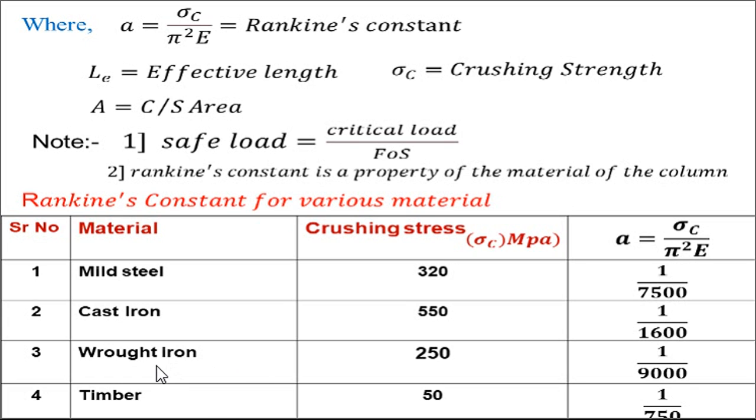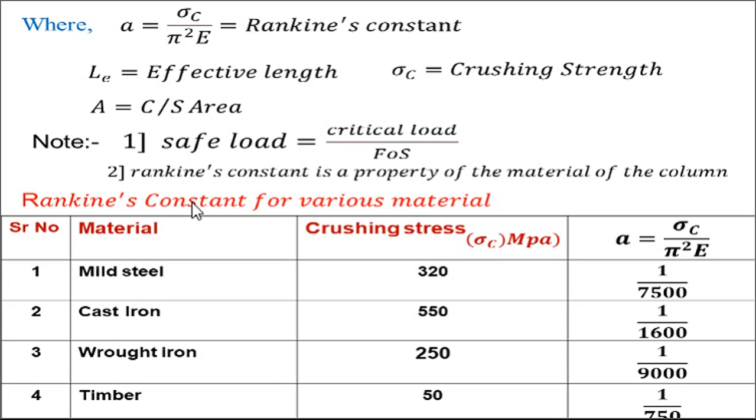And last, timber material is also used sometimes in the structures or construction. The timber material crushing stress is much lower than these other materials, whose value is 50 megapascal, and whose Rankine's constant value is 1 by 750. So these are some crushing stress values, and also Rankine's constant values for different materials which are used for civil engineering construction. So I hope you understood this Rankine's theory and the related terms